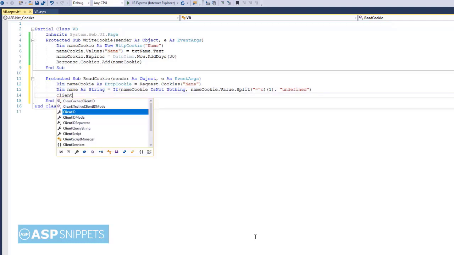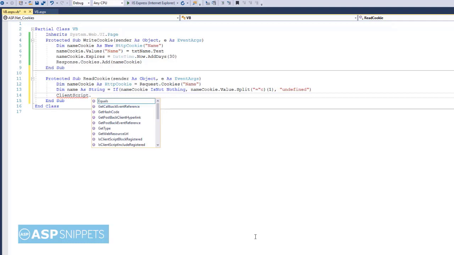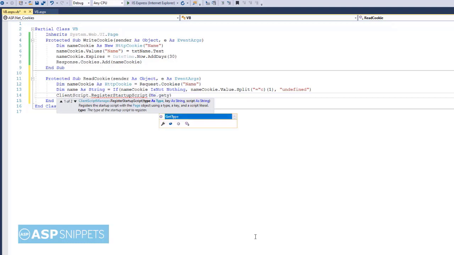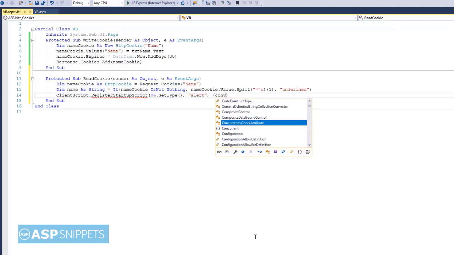So finally I am using the ClientScript.RegisterStartupScript function in order to register a JavaScript. The JavaScript which I am registering is actually used for displaying an alert message box, and the alert message box will display the value of the cookie.